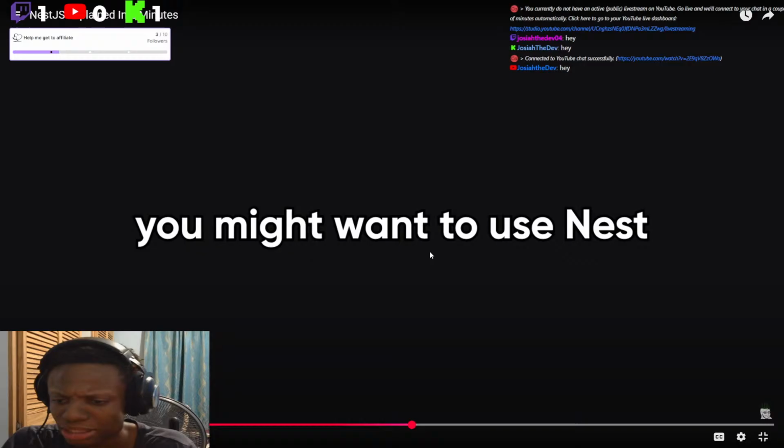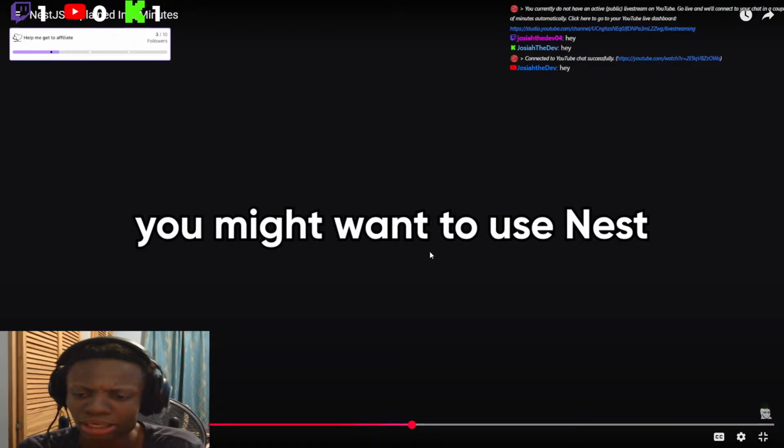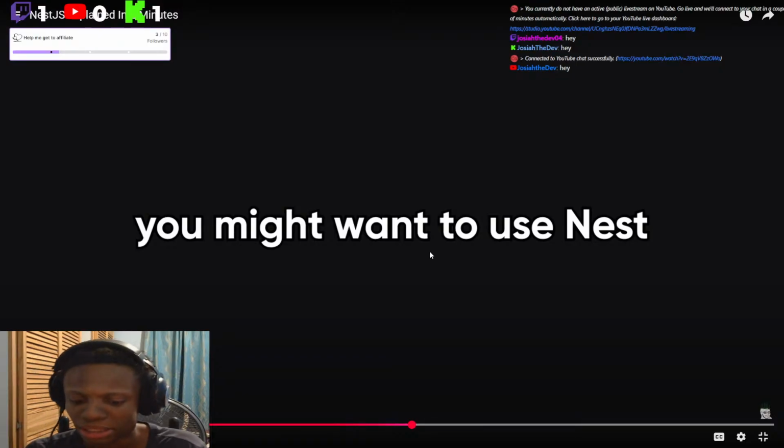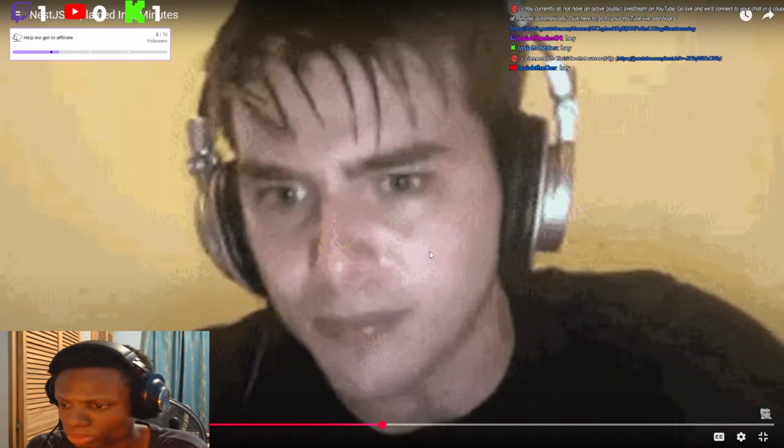Basically, if I'm not mistaken, what he's trying to say there is that you don't need to create, you know how Node has all those different libraries. I'm guessing you don't need to create all those different models and maybe controllers as well. You don't really have to create all those files. I'm guessing you could just create one file and it basically handles everything. But we'll see what he means from there.